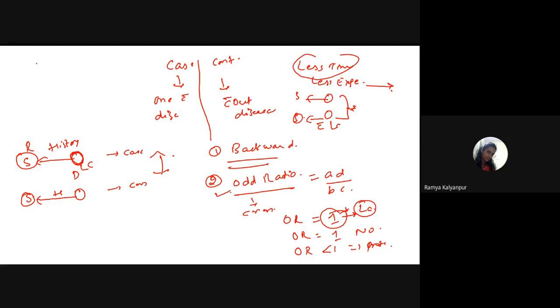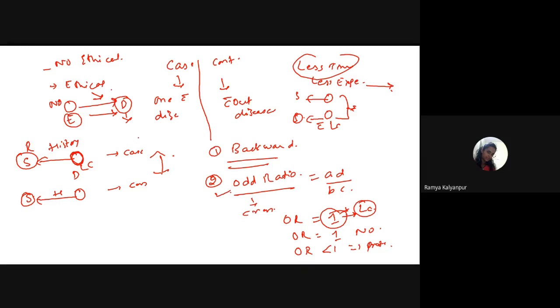Then another thing is that in this case control study there are not many ethical problems. Whereas in a cohort study, what happens? Lots of ethical issues will be there, because initially when I contacted the person, he was just exposed to the risk factor. There was no disease, but I'm letting the disease happen over a period of time. I'm just watching or waiting till the disease happens. So definitely ethical issues will be more in cohort studies.